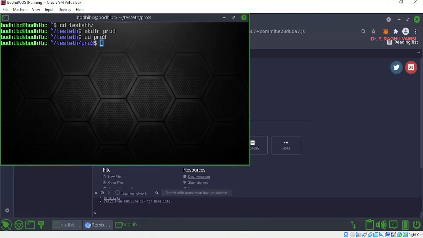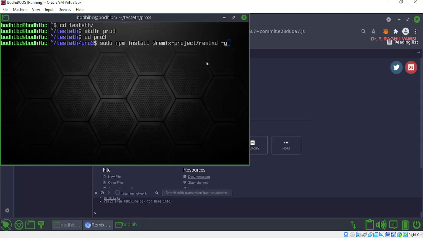You can install this via npm: sudo npm install @remix-project/remixd -g. This is the command you can use to install the remixd command.